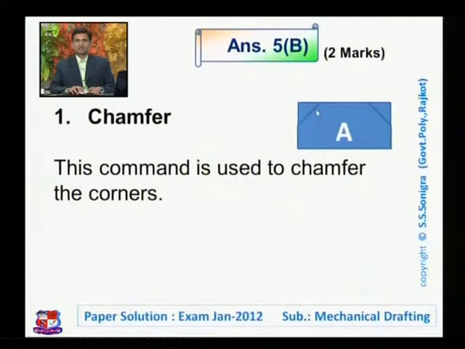Here this corner is chamfered, this corner is also chamfered. So after using this chamfer command, it would appear like this. These 2 portions would be trimmed out and it appears like this. If we chamfer this corner, then also lines at an angle of 45 degree would be drawn like this. This is the rectangle without chamfer, and this is the rectangle after employing this chamfer command. This is asked for 1 mark.